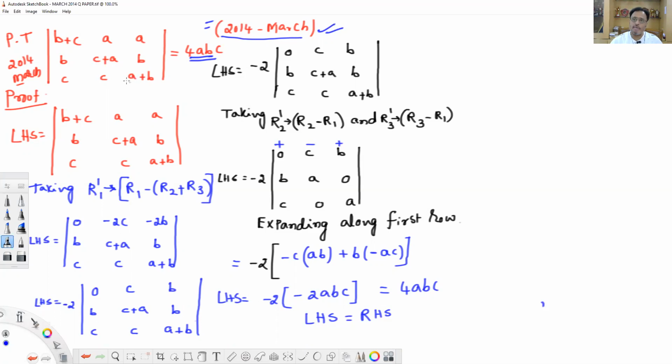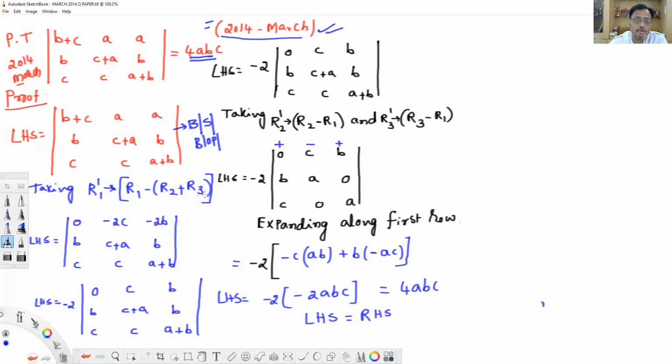Now, students can ask me, of course, there are two possibilities. I may ask you to prove this without using expansion in the beginning stages of the problem, or totally without using expansion. See, most students, what they do, this is the determinant LHS we have taken. So again here, pre-surgery, that is before surgery or before operation, this is the body.